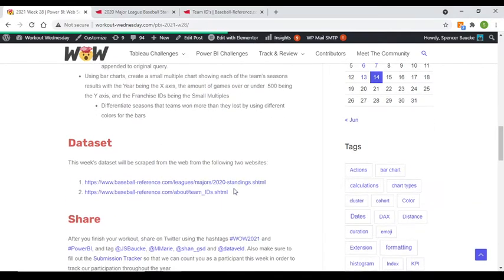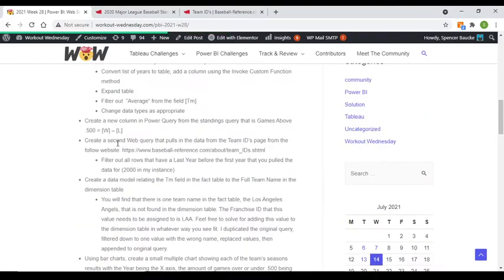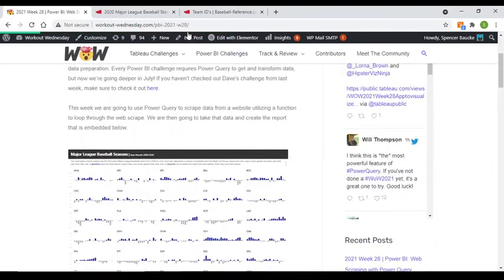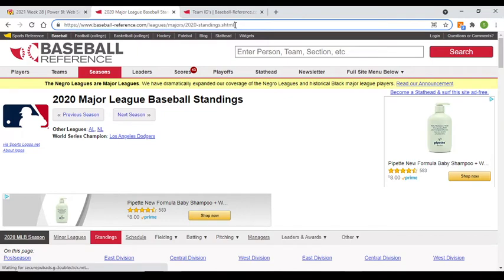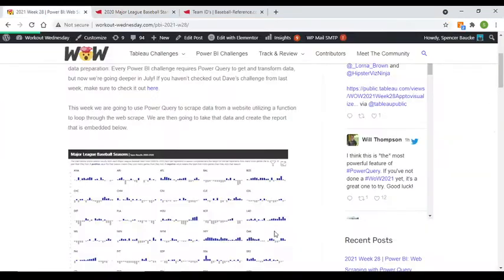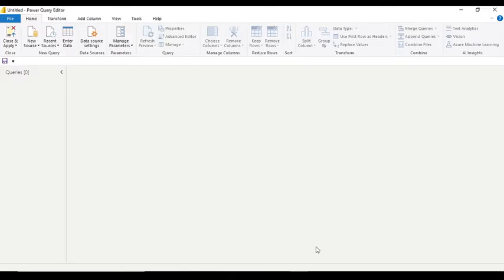Our data set this week is from websites. We're going to be pulling the data from websites. So there is no actual data set to download this week. We're going to be grabbing it from the web. So let me go ahead and grab this HTML, as I'm going to use this as an example to pull